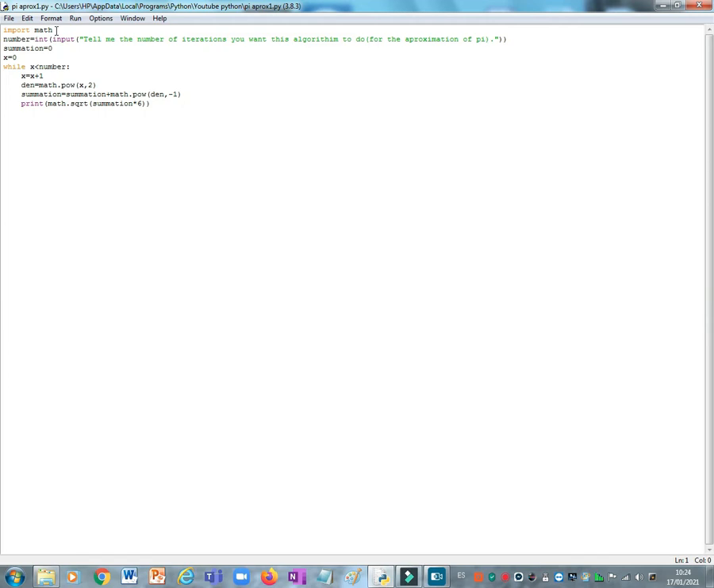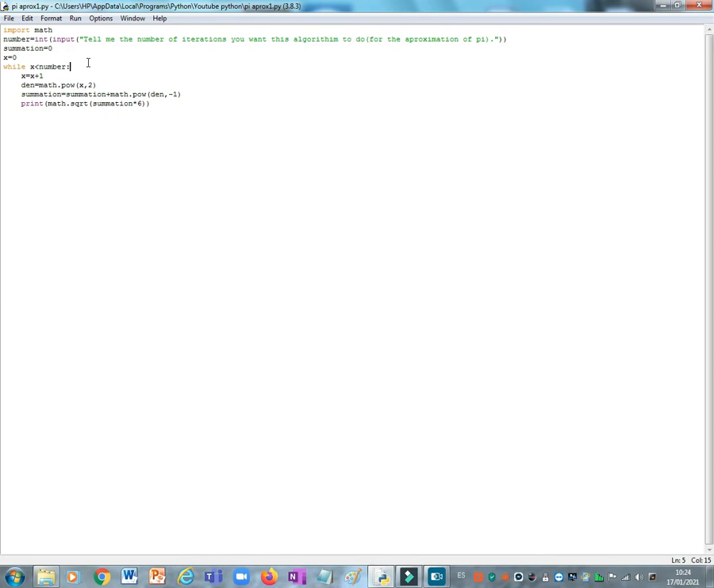Import math. The number is going to be equal to the input of "tell me the number of iterations you want this algorithm to do for the approximation of pi," of course. We set summation to be 0 and x to be 0. So what this method is